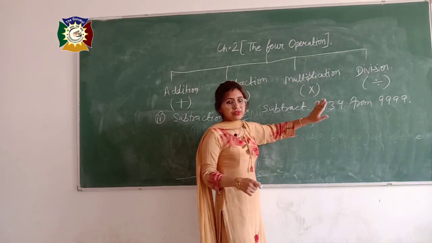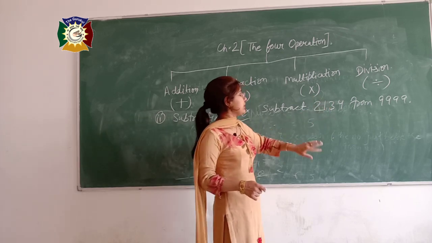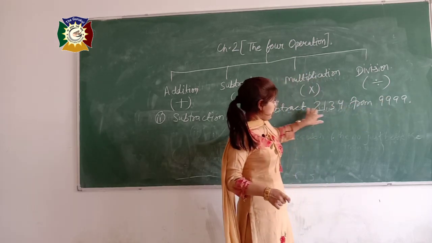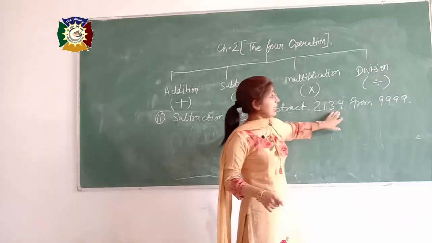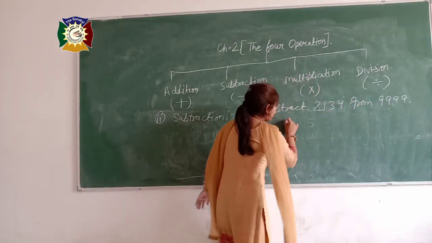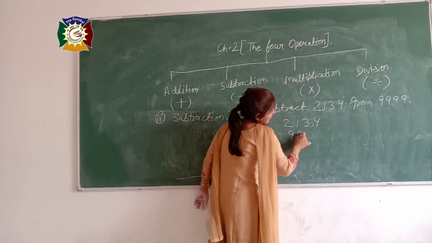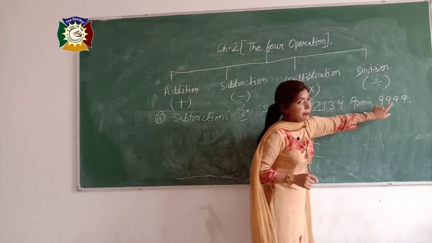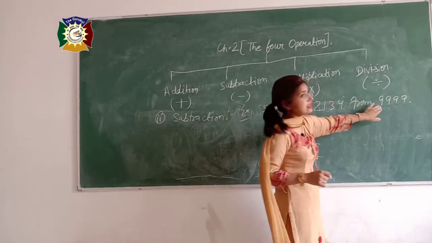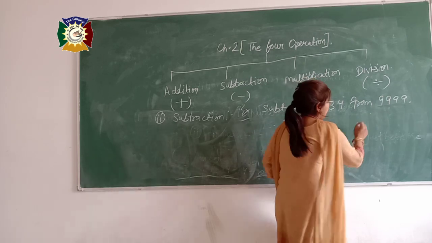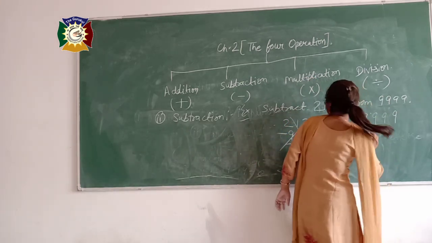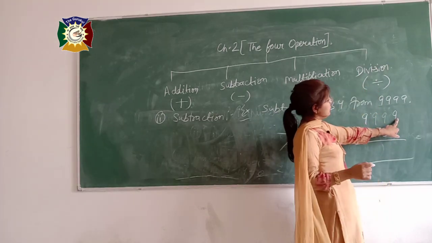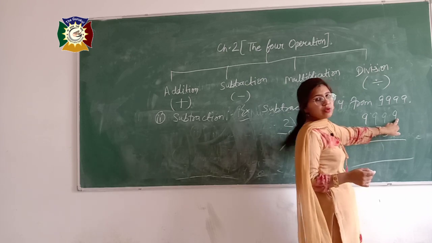See, understand the question first, then solve it. See what I have written. I said subtract this from this. Don't write it like this. It is a wrong way. From means that first of all you have to write this number and then subtract this number from it. You have to write like this. Subtract it. See. Similarly, like addition, you have to solve the question from the right side.